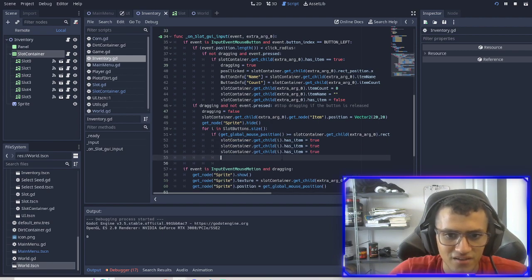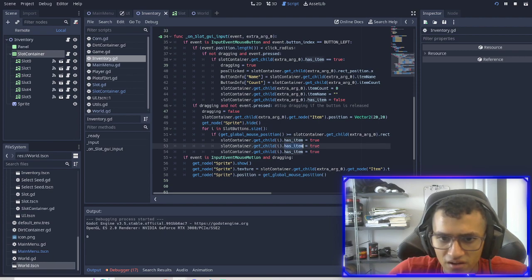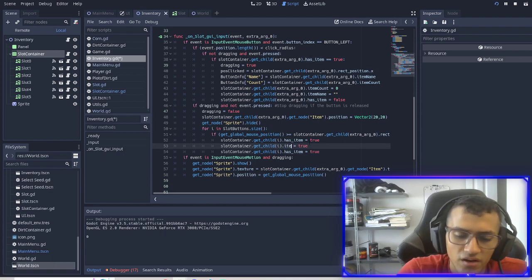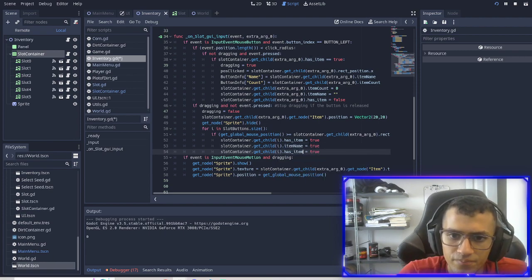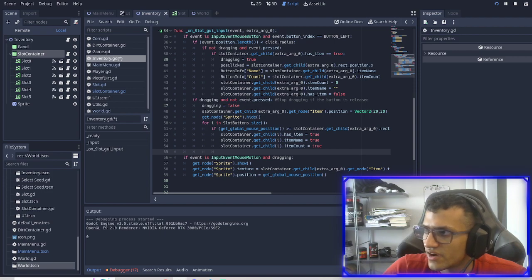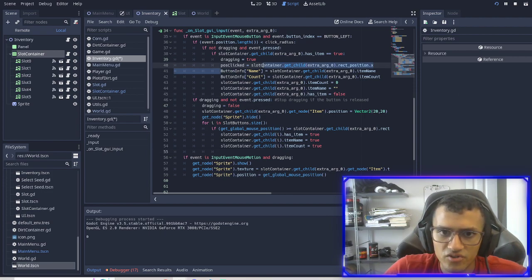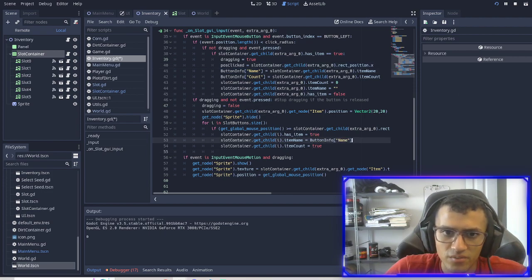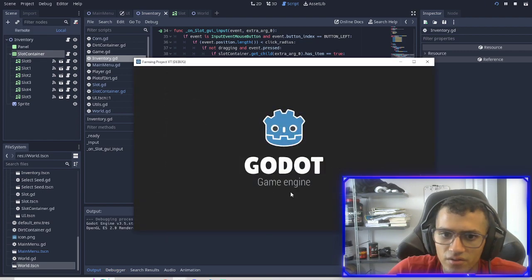So let's fill out the information. We also have item name, and then we also have item count. We're just going to fill it out with the information from our button info. So here's the item name, and here's the button info. So now if I play,